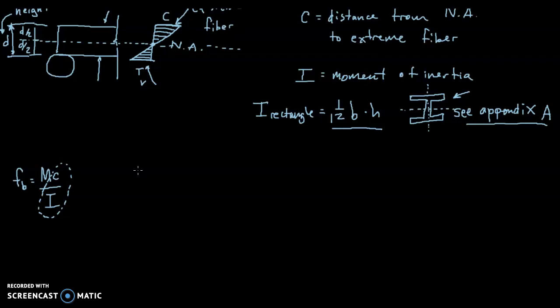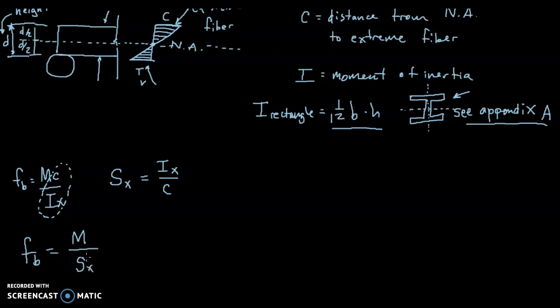So just like a moment of inertia, section modulus can be about the x or y axis. We are going to be concerned with the section modulus about the x axis. So this is I sub x, this is S sub x. And the section modulus is equal to the moment of inertia about the x-axis divided by c. So in other words, this equation for bending stress becomes F sub b equals the moment, whatever that happens to be, divided by the section modulus,